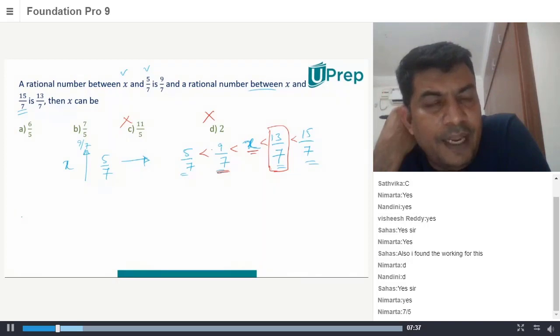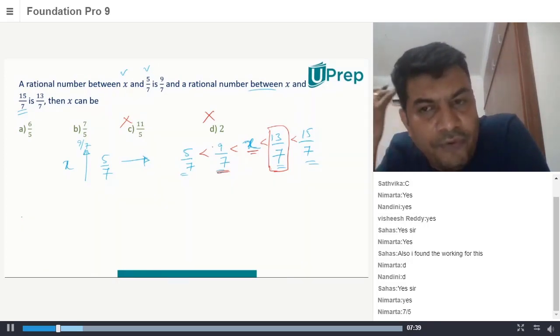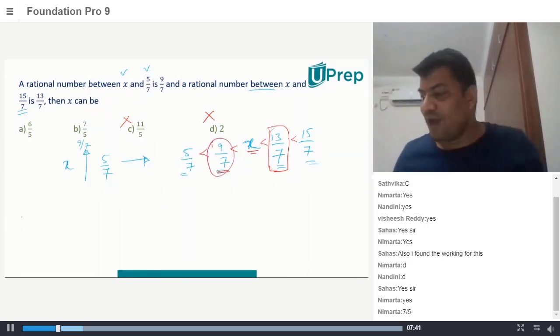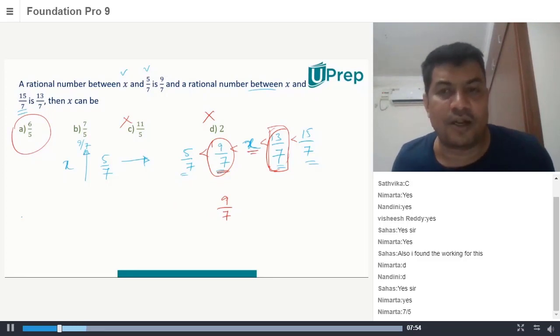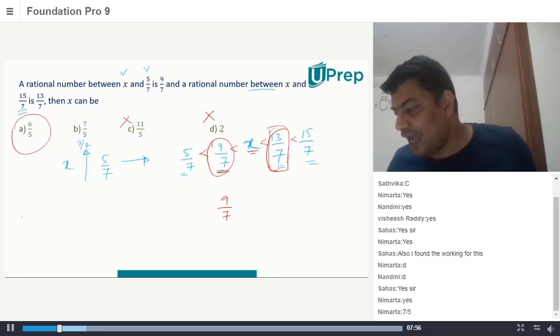Okay, let me explain to everyone. Look here, guys, all of you. Now you know your value of x should be greater than 9 by 7. So what you need to look is your answer should be more than this and should be less than 13 by 7. For a moment, I want to check whether 6 by 5 is correct or not. So how do I check? I need to check that 9 by 7 is here.